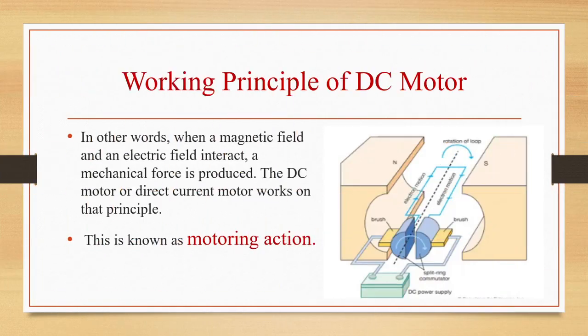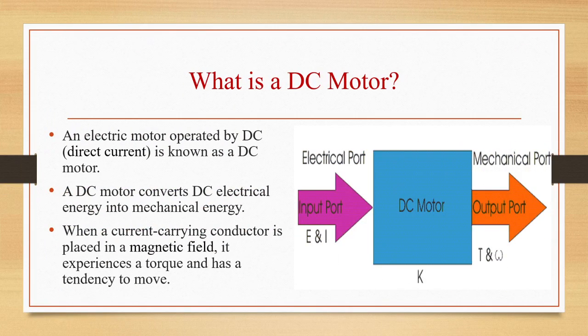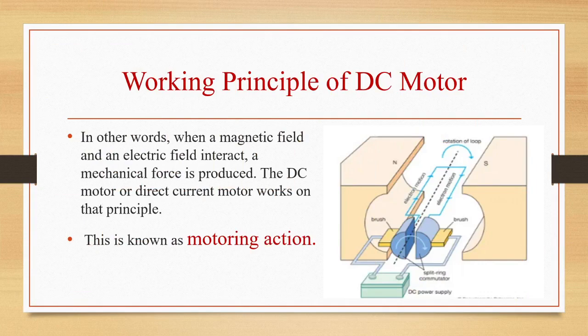Or in other words, we can say that when a magnetic field and an electric field interact, a mechanical force is produced. So instead of saying that when a current carrying conductor is placed in a magnetic field, it experiences a torque and it will move or rotate, we can say that when a magnetic field and an electric field interact, a mechanical force will be developed,